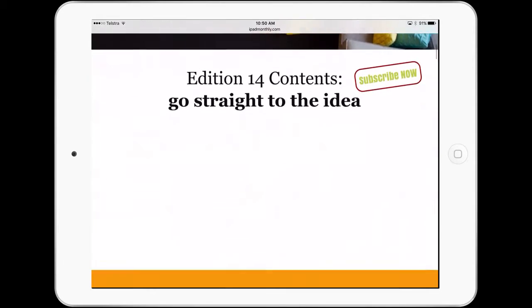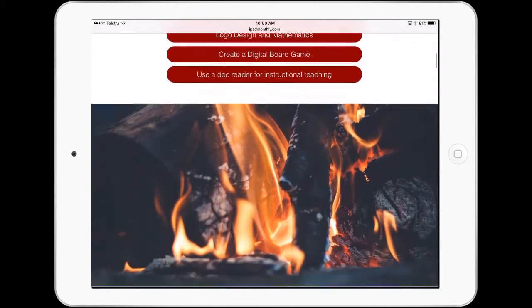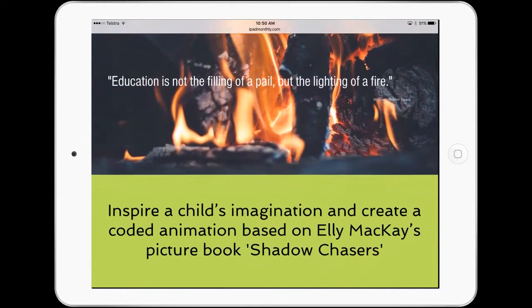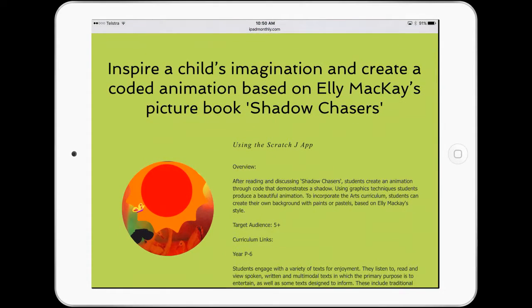So if we go down, let's have a look at some of the ideas we've got. Once again, we've got a really good interactive menu that we can use to go straight to the actual activities. Let's take a look at each activity in edition 14. We start off by looking at creating some animations using Scratch Junior, doing some coding with